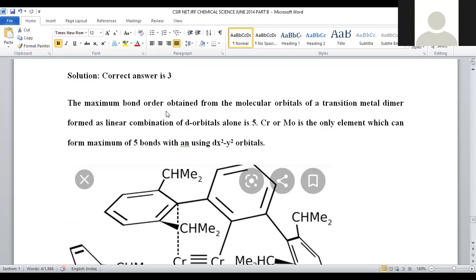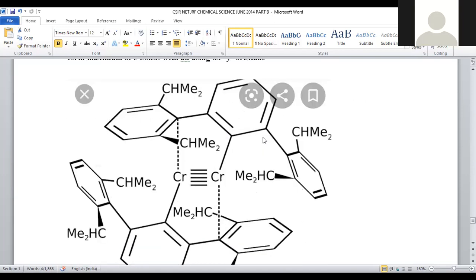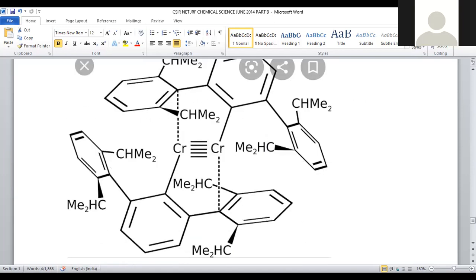So here the maximum bond order obtained from the molecular orbital transition metal linear combination will be, maximum extent, 5. That means two metals can be bonded up to 5 bonds, not more than 5, less than 5 also possible, but maximum limit will be 5. So that is only possible with the chromium and molybdenum. These two metals are able to form such kind of direct metal 5 bond linkage. So none other than these two metals are able to form such kind of linkages, and it is clearly mentioned in the structure,